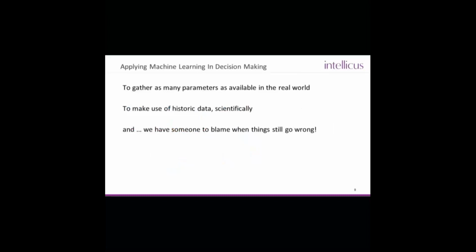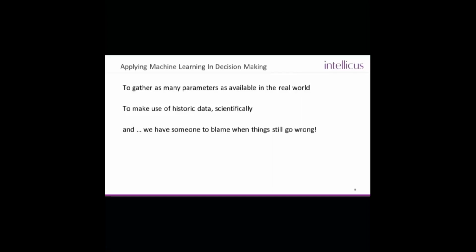We need machine learning to gather as many parameters as are available in the real world, things that perhaps we as humans hadn't even thought of. The machine learning will perhaps pick these out. We also need that historical data, of course, because that's what we use as our baseline, all the data that you or your business might have gathered over the years. Machine-generated data, device-generated data, user data, all these kinds of things, so that we can get a good outcome from your investment in all of that historical data.